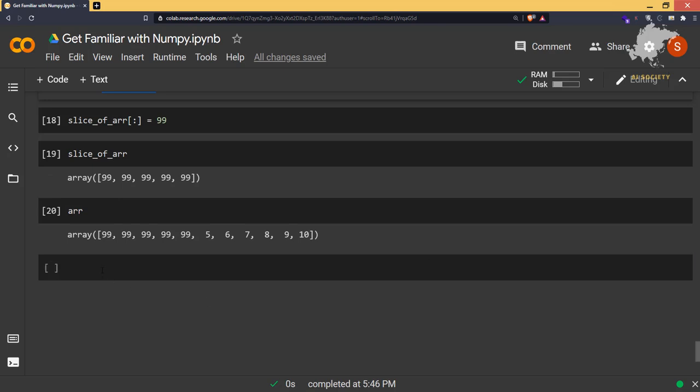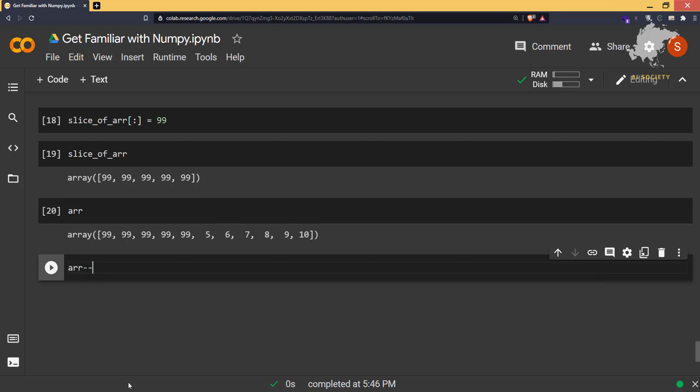Now, if you don't want the slice of array to change your original array, what you have to do is make a copy of it and then apply your operation. I'll say arr.copy, simply copy the array.